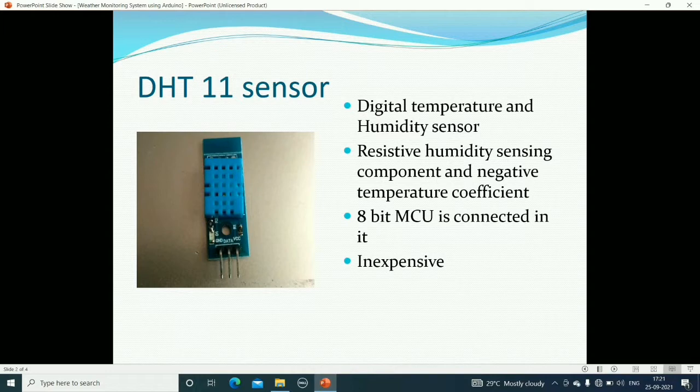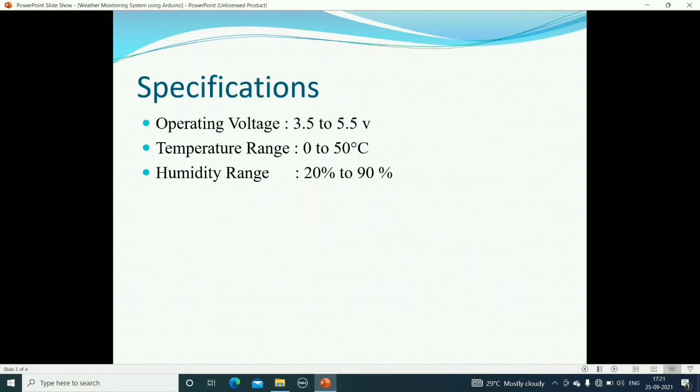Now this sensor comes in two versions. One version is the DHT11 and the second is the DHT22. But again, if you are going for a mini project, then I suggest you use the DHT11 sensor. The difference between 11 and 22 is in the specifications. For that, I suggest that you refer to the datasheet of both the sensors. Now we'll see the important specifications of the DHT11 sensor.